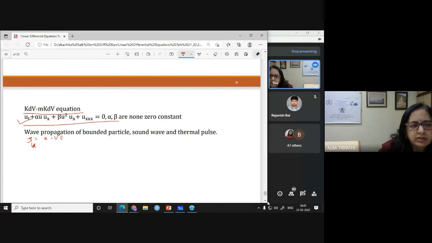Then if you substitute this, the equation becomes minus v u dash plus alpha u ux, which will be u dash, plus beta u square ux,